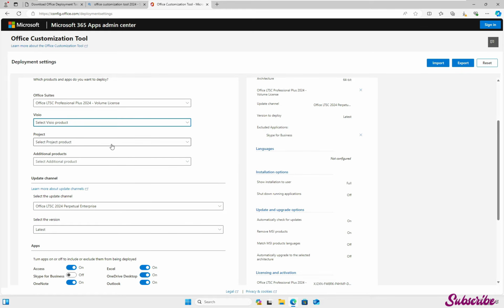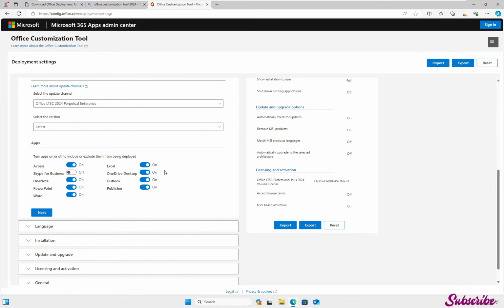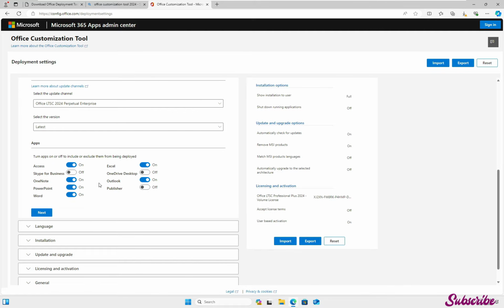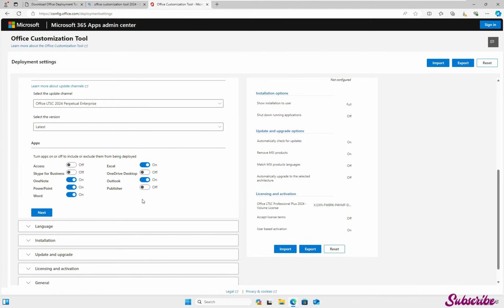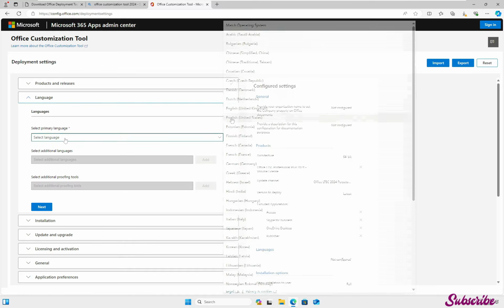Scroll down again, and when you come down and there is a Visio, if you want you can select it here, and when you come down you can customize whatever application you need. So in this case I'm going to uncheck Publisher and OneDrive desktop and also Access. The rest of the apps I have selected, and scroll down again, and when you click language, select English